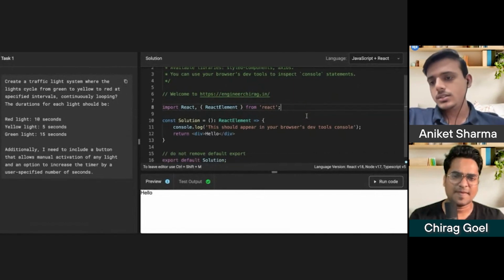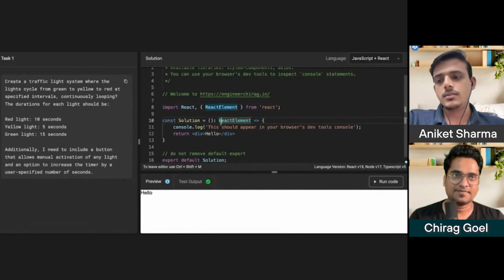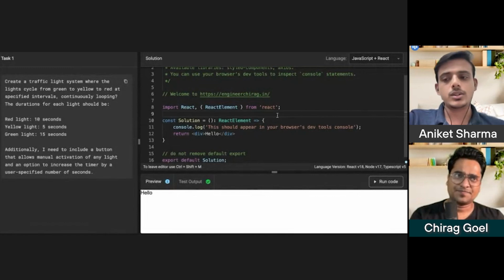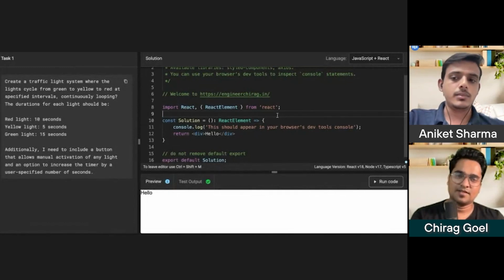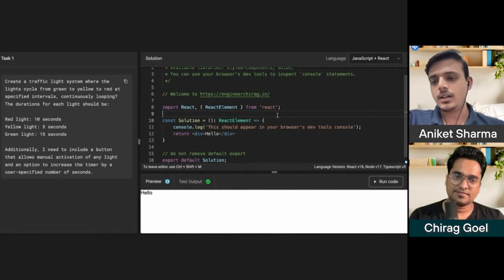Okay, so there are three scenarios which I got while reading and while you were explaining this problem statement. One, the very base case is that we need to display all the three lights, and they should blink in a continuous manner, that is infinitely, for the specific time durations which you have specified, correct? Right.